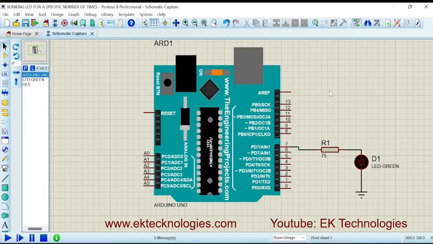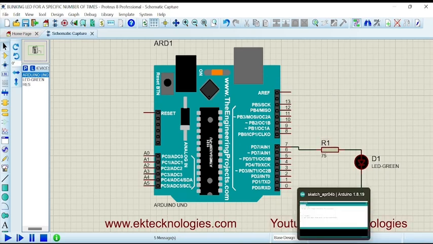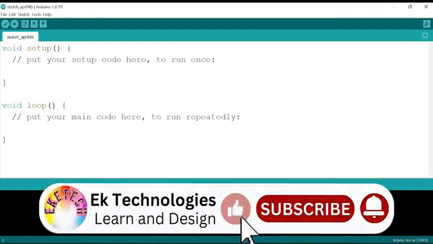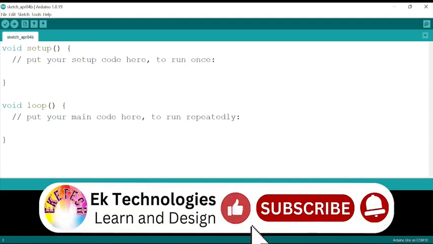For a specific number of times which you desire. So we are going to use the void setup function here and the for loop. The for loop is what will permit us to perform this. So we begin by first configuring the LED as an output at the pin which we have chosen, at pin